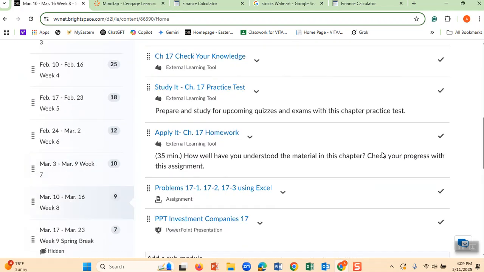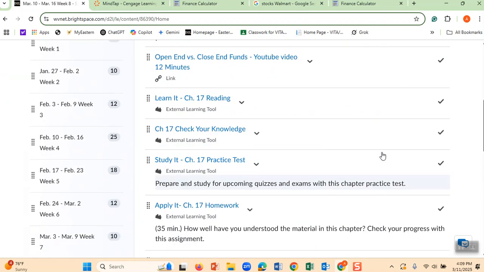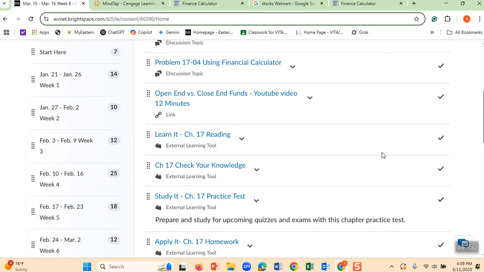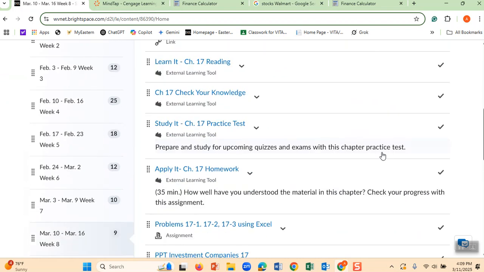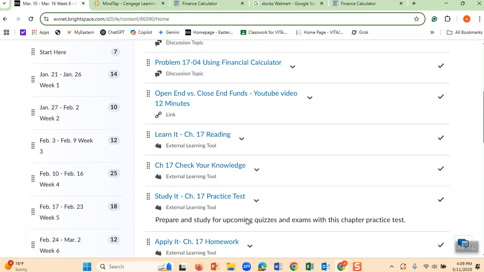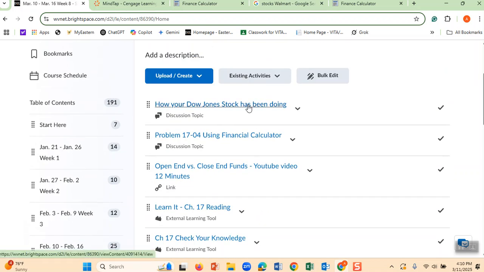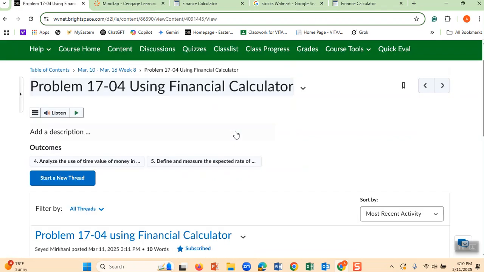You get grades for it here, under Excel. You click here and submit your Excel there. If you don't know how to submit Excel, send me an email and I will help you. Therefore, what you do is go and post here. As I have posted what my stocks have been doing, the Amazon, I have posted my calculator. You do post the calculator there.